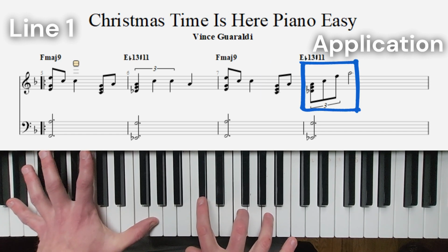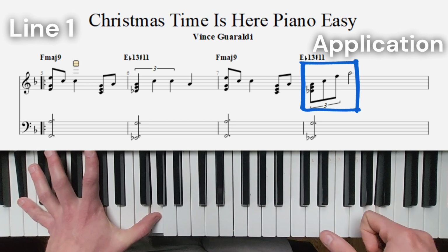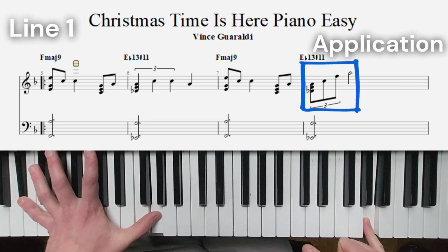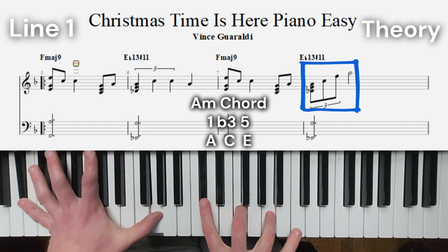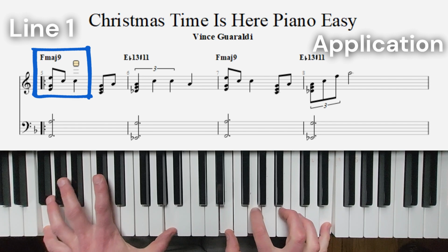The second time when I come back to it and I hit that harmony, I'm going to run up in 8th note triplets. Triplet 2, I guess is how you count it. And really I'm just arpeggiating a portion of an A minor chord, A, C, and E, except I'm going to go C, E, A at the top of that. So I hit that same harmony, close off with that. So you put those two together, and you end up with